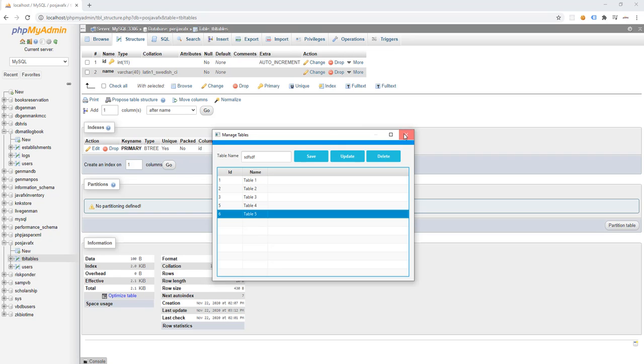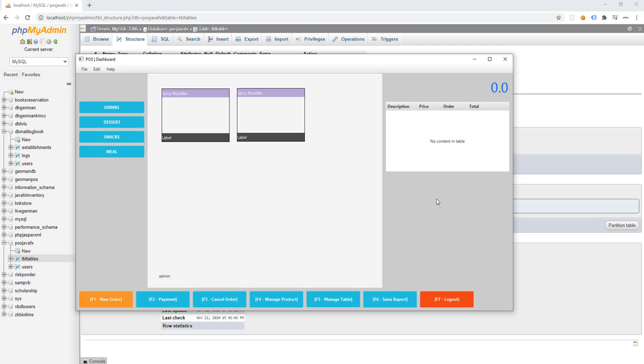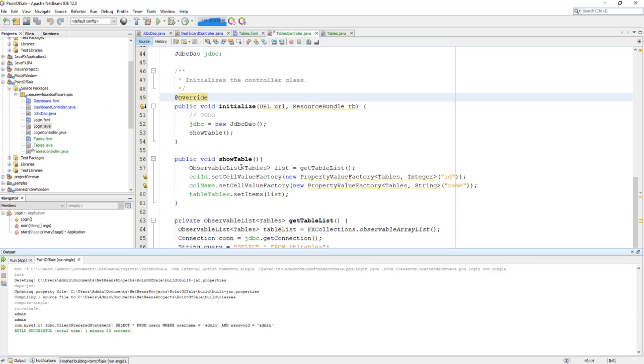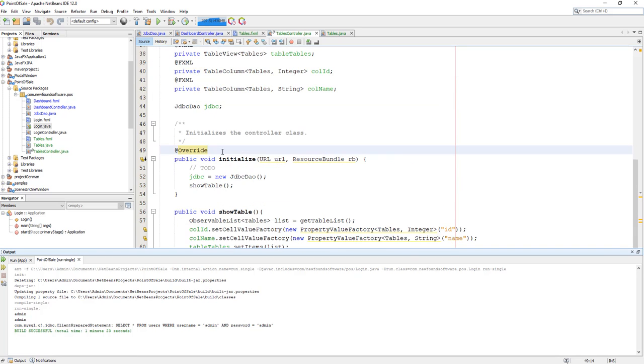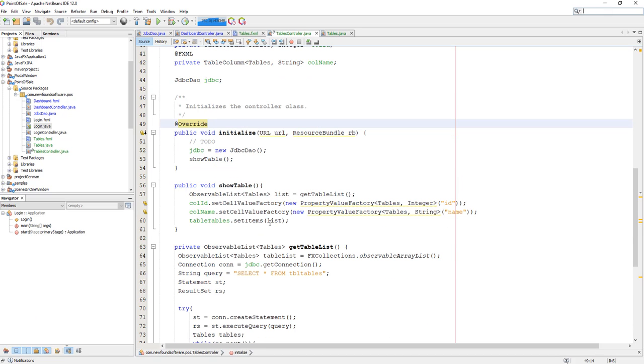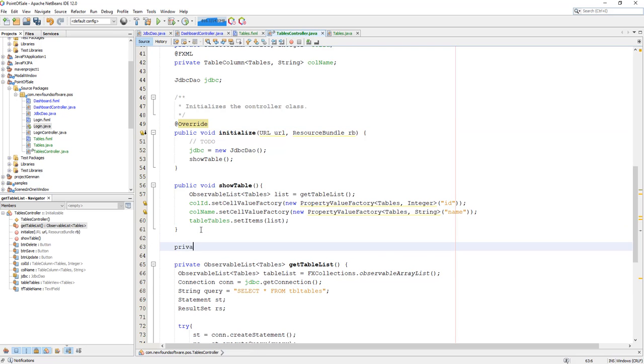So let's close this first, and close this, open up our NetBeans IDE. And what we could do also here is try to add the insert record method. So private void, and then insert record,